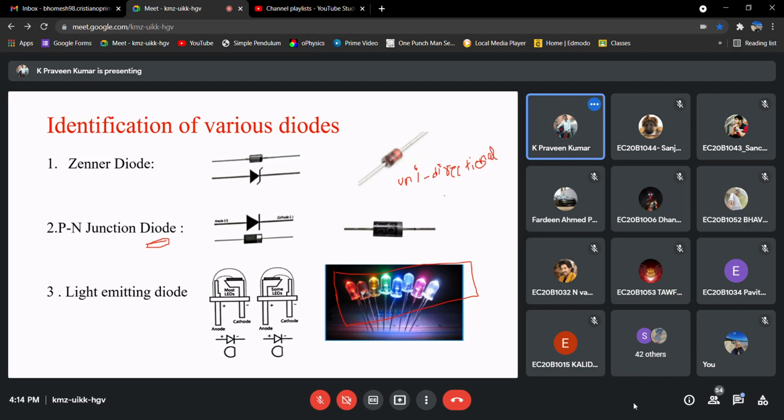Then what is opposite to it? Bidirectional. Whatever components we have seen, R, L, C, all these are bilateral elements, so they can allow the current flow in both directions. But here it will allow the current only in one direction. That's why we call them unidirectional devices, or components, right?